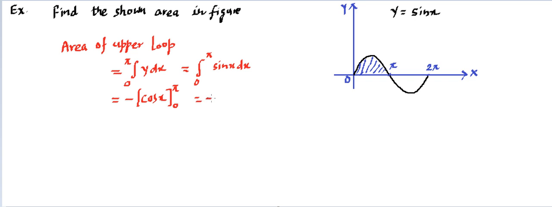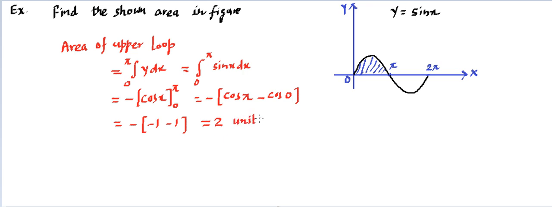So we are going to have minus, in the bracket, replace x by the upper limit, so it will become cos pi. Then minus, replace x by the lower limit, which is cos 0. If you keep simplifying, you'll find minus cos pi, which is cos 180 degrees, that's going to be minus 1. Then minus cos 0 is 1, so that's a 1. So minus 1 and minus 1 added together make minus 2, and there is another minus, so everything will turn into 2. So from here we can say that the area of this upper loop is 2 units.